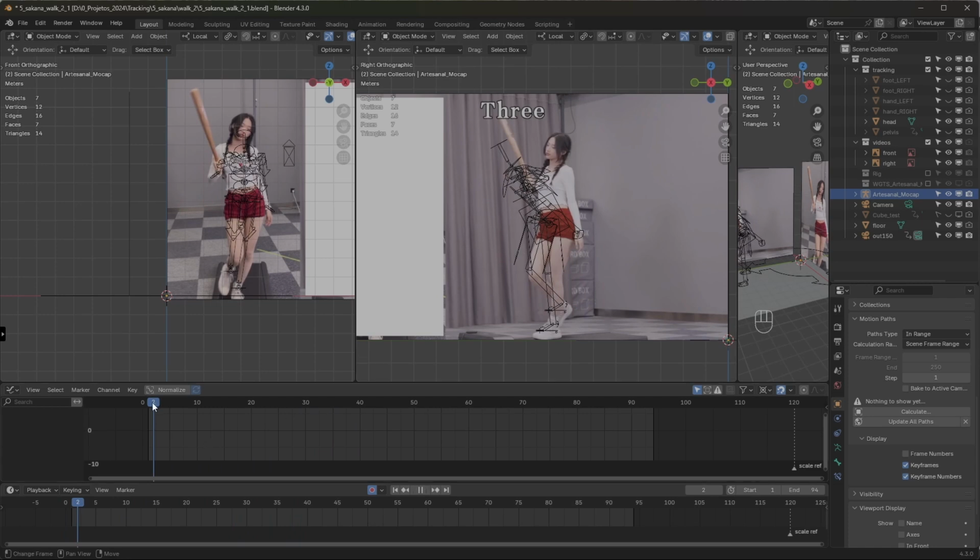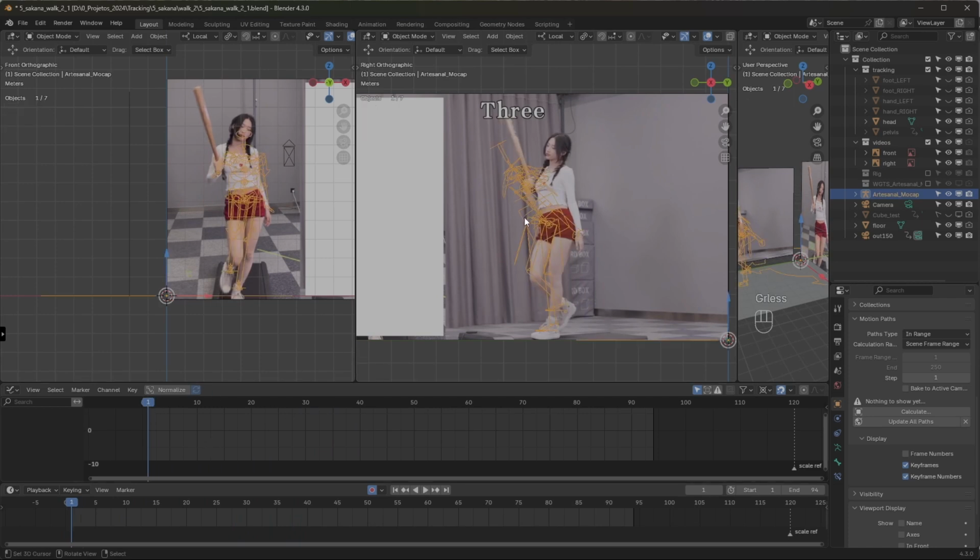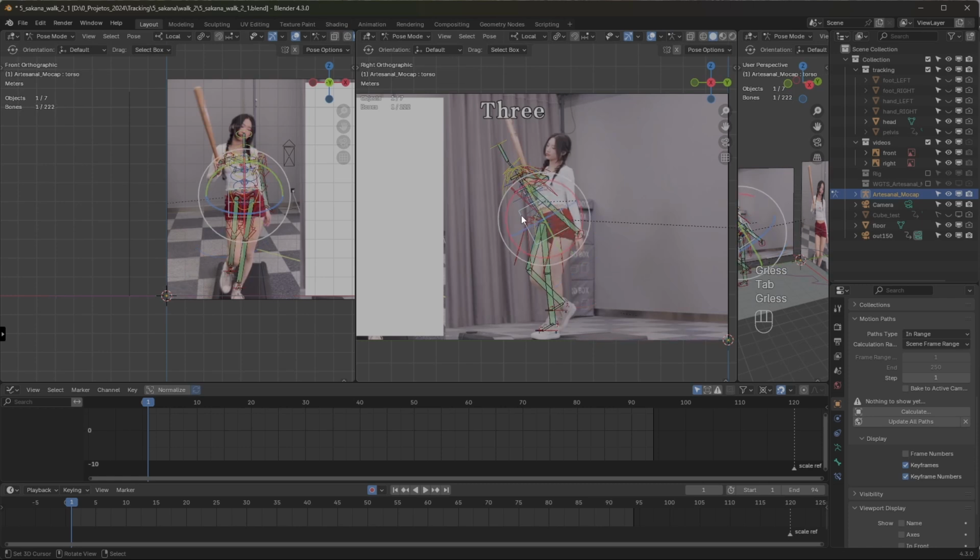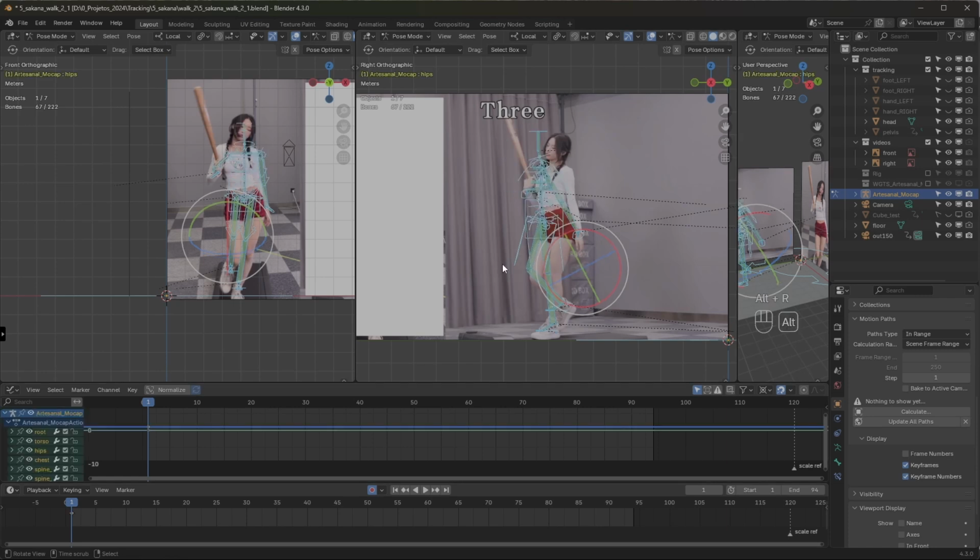I think I didn't clear everything correctly because it's tilted. Strange. Oh yeah, sorry, I forgot. You have to select everything. You have to go down here like we did at the start. Clear everything, press A. You see that there are no keyframes here, but I forgot to press Alt R to